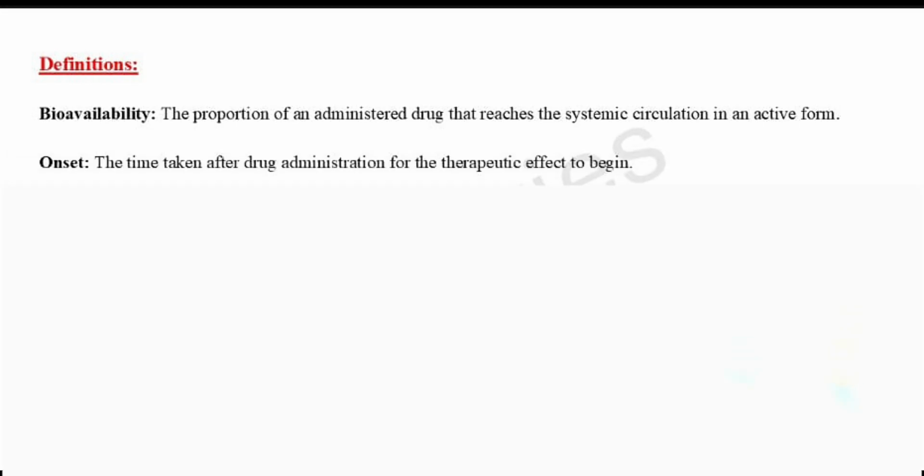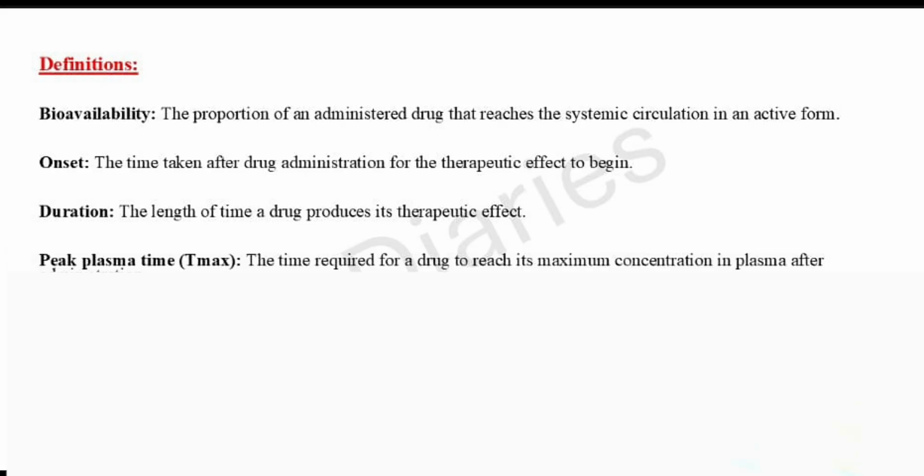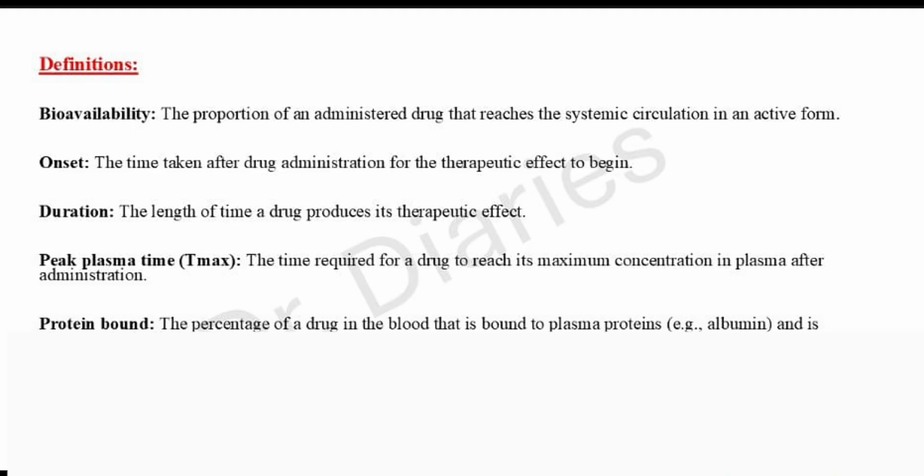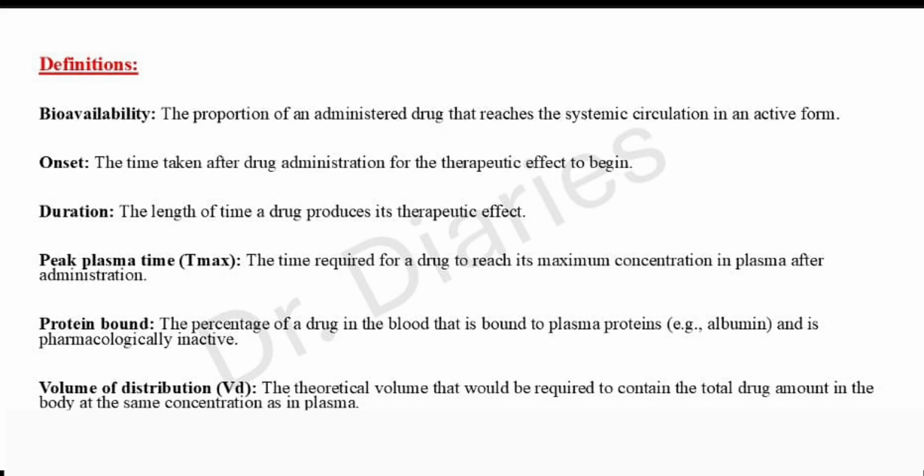Antihypertensive drugs. It is important to understand a few pharmacokinetic terms that help describe how drugs behave in the body. Bioavailability refers to the percentage of a drug that reaches systemic circulation after administration. Onset is the time it takes for the drug to start working, while duration indicates how long the therapeutic effect lasts. Peak plasma time, or Tmax, refers to the time taken for the drug to reach its maximum concentration in